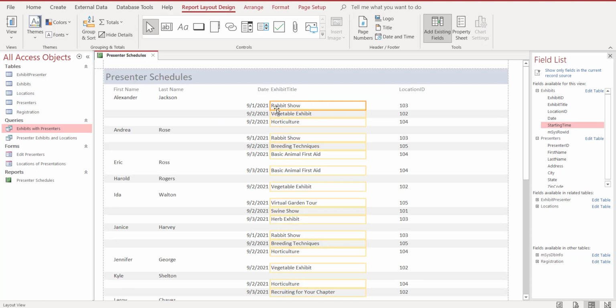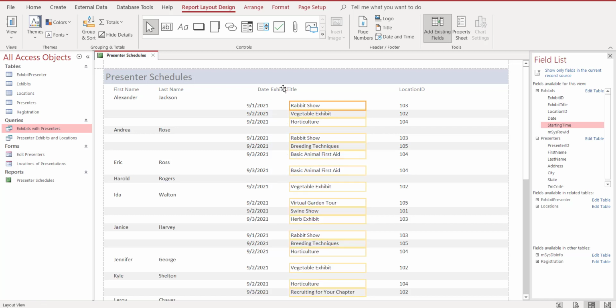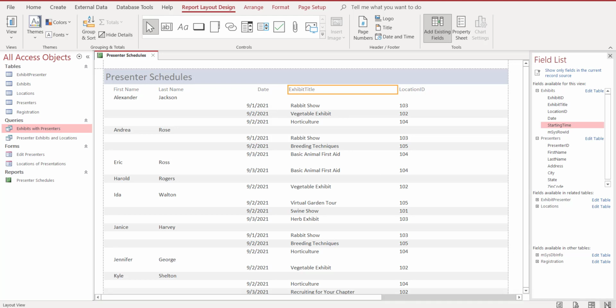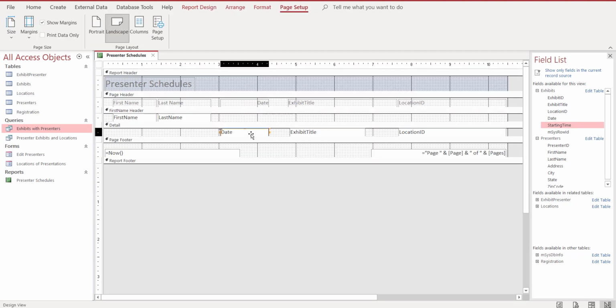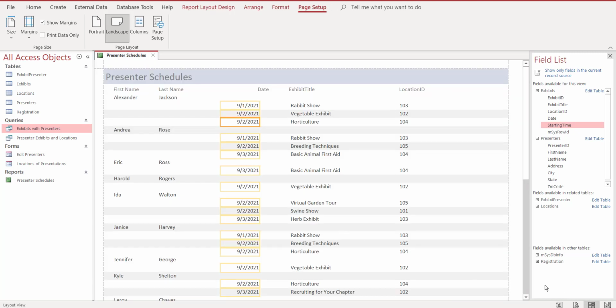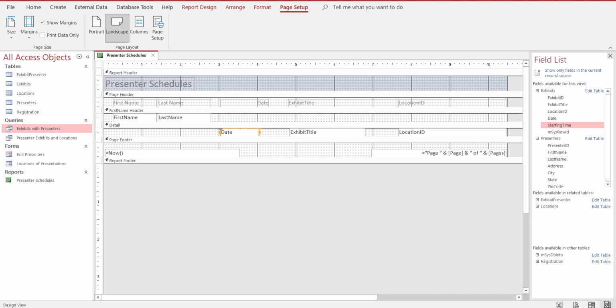So if I wanted to change the widths of these, I can do so in layout view, or I can do so in my design view. So the design view is more granular. You can do more detailed editing there. So in the report view or the detailed view, I will say that it has different sections for